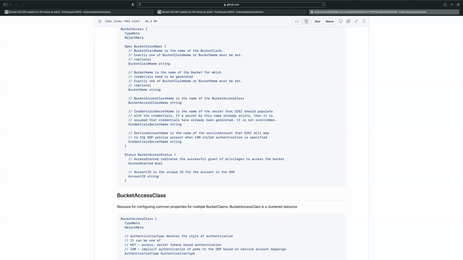This form of access control allows us to do credential rotation more easily. That's basically one of the main advantages. Instead of access keys and secret keys, authentication is provided by a service account.